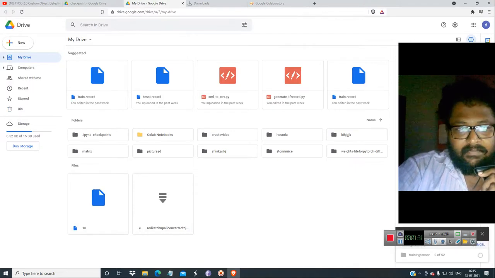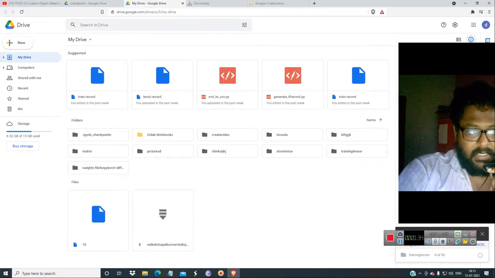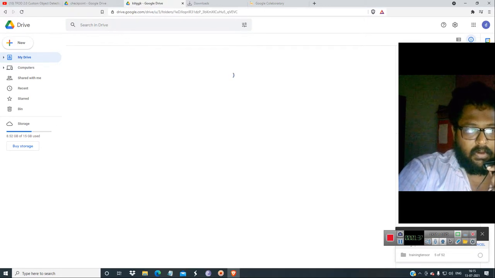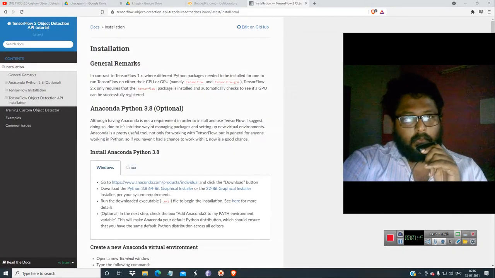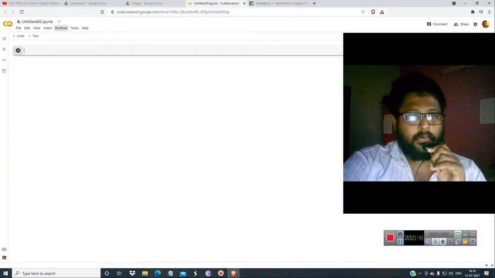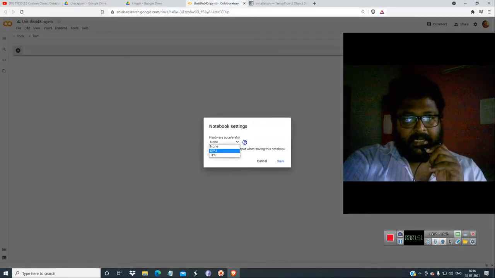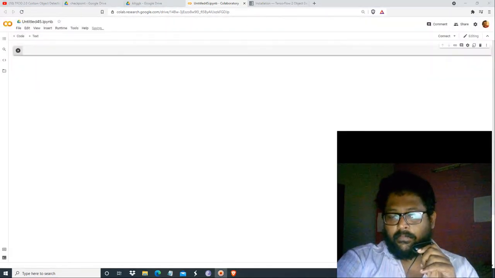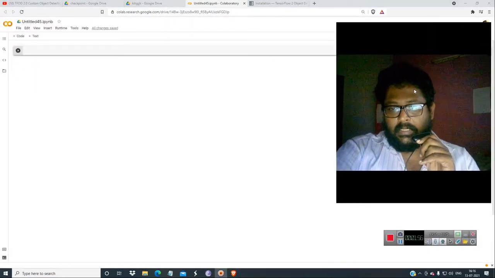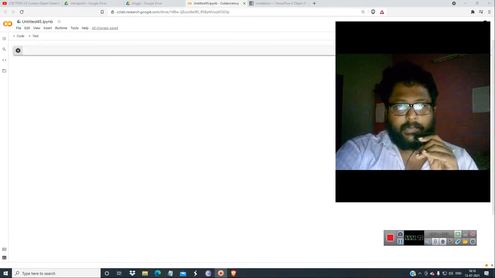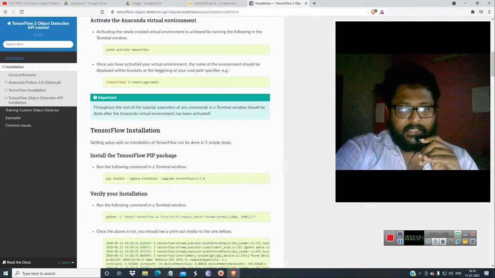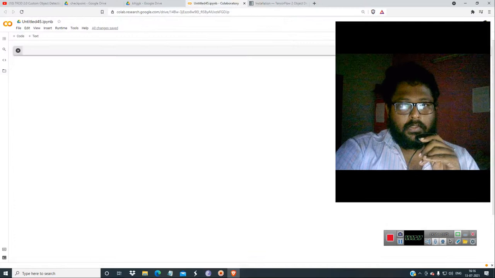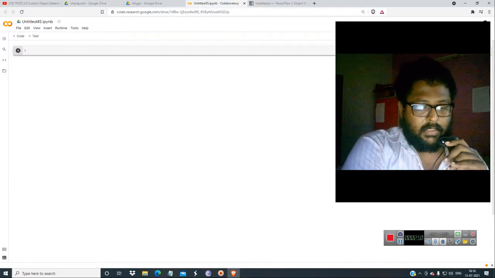Let it upload. After that, what we are going to do is so simple: we are going to import all these files into that file. Before that, we will do some TensorFlow setting. We are doing it in a Linux system. First you have to connect the runtime and change the runtime to GPU, the same thing you did for the dataset preparation. After that, Conda is not in here, so we are going to use pip install.